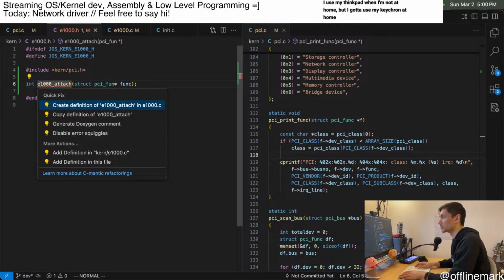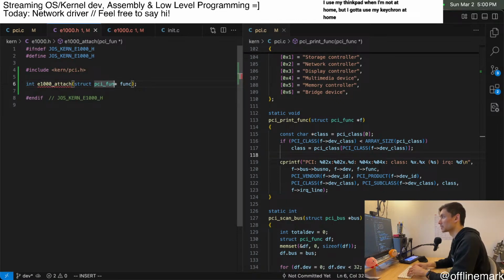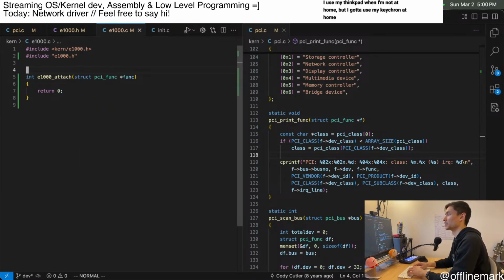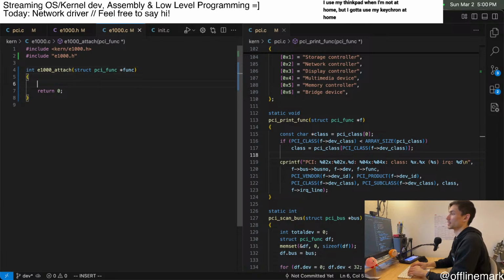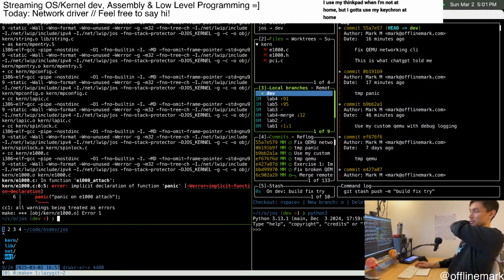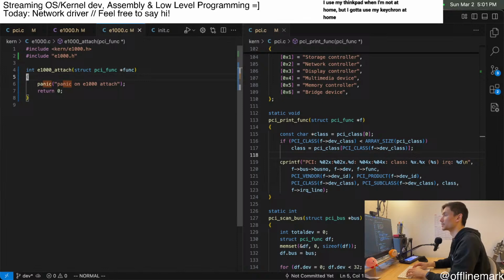And now we want to use this definition. Wait, what? Okay, something approximately like this. We have an attach function, and I'm just going to panic. Panic on E1000. And hopefully we will see the kernel panic. Oops. When we, oh. I need to,